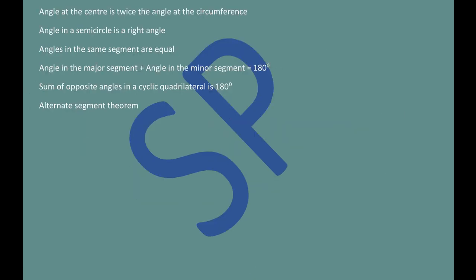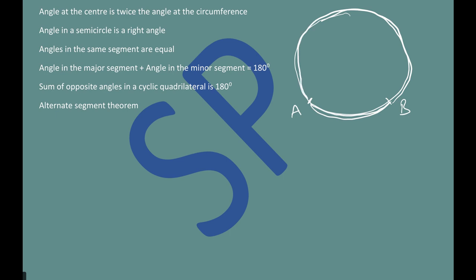To understand the next point, let us first look at this story. See, I have a circle. Now I am taking 2 points A and B on this. Now you can see that I have 2 arcs here. This is one arc AB and this is one more arc AB. We call this part the minor arc, and the other part the major arc. Now suppose that is the center of the circle.